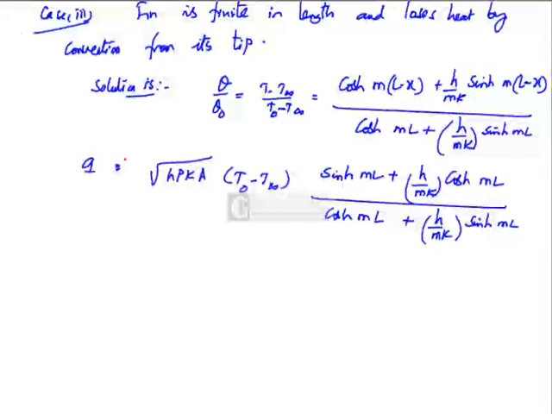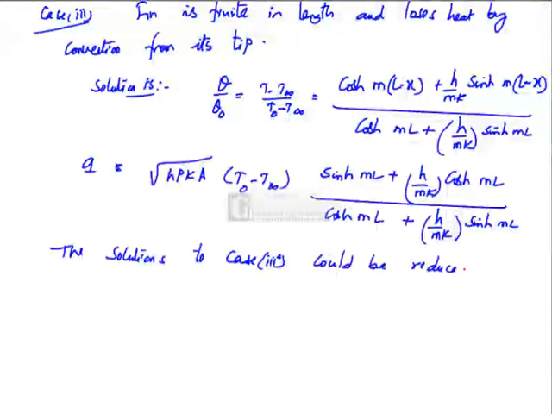In fact, because the solutions for case 3 are much more algebraically complicated, there is a slightly shortcut method for case 3. When the fin is finite in length and loses heat by convection, it could be reduced to case 2 by increasing the length of the fin through a corrected length. That is, the solutions to case 3 could be reduced to solutions of case 2